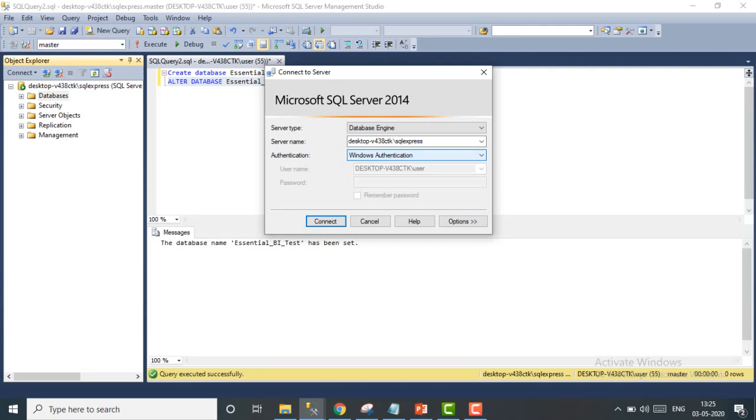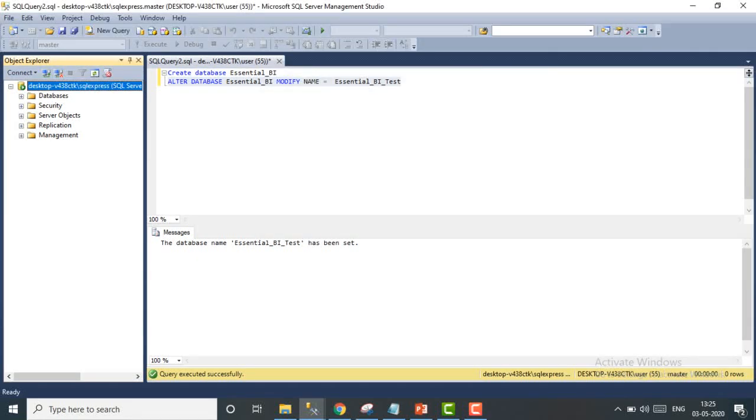If I select Windows authentication mode, it will take the Windows credentials, so you don't need to put in any credentials. Once I click on connect, it will look like this window. It has been connected to the local server name which I have given.